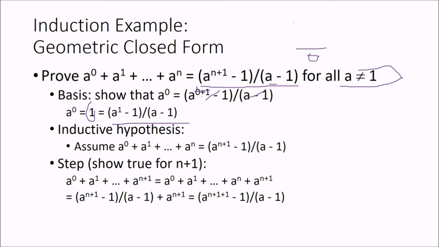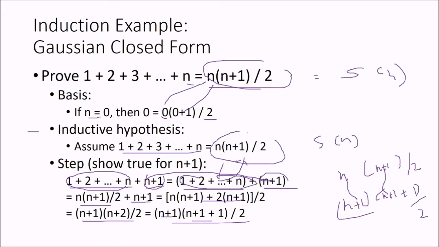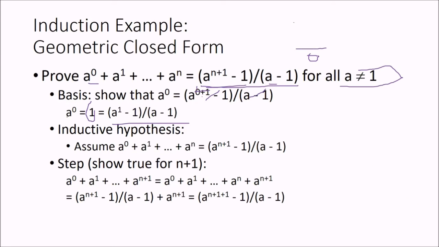Why do we do it? We want to check whether this function is actually working for a basis value, that is 0. We placed n equal to 0, and we saw that when n equals 0, the summation is 1, which we would have already thought to be true, but we need to use a basis function. So the basis value is 0, and we applied it here, and we found that this is what we would have wanted. Now the induction hypothesis says that we assume it to be true.